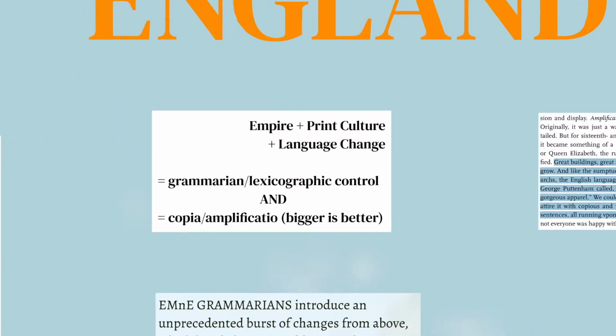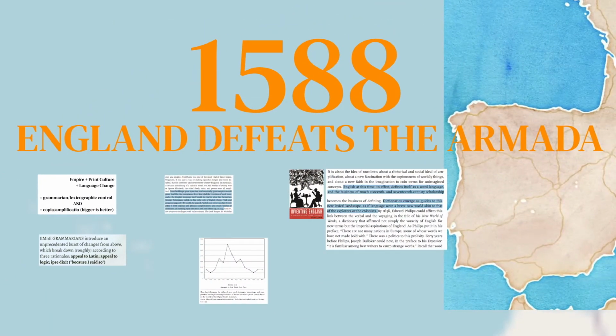And nowhere is there a better onset date for that period, I would say, than the year 1588. Notice that it's only a century after Caxton, or a little more than a century, after Caxton brings the printing press. So in 1476, we have the printing press. 1588, a little more than a century later, England defeats the Armada. In the intervening century, thanks to the leadership of the Tudor rulers such as Henry VIII and Elizabeth I, we